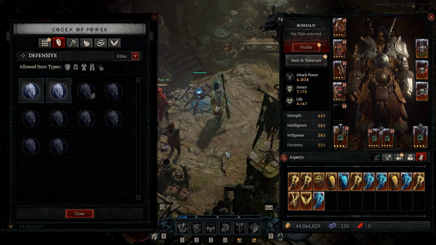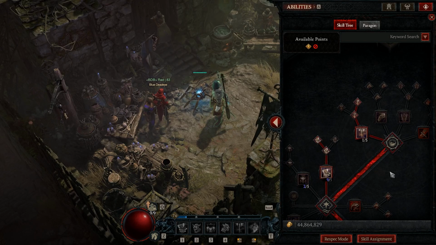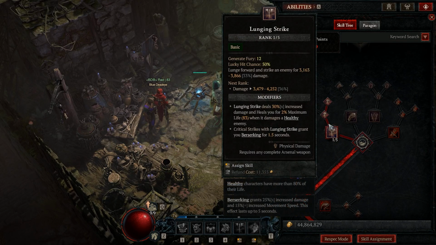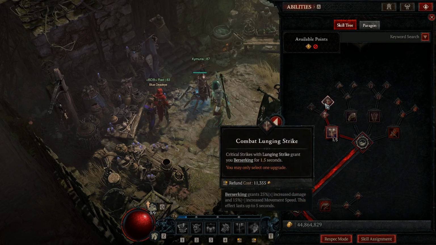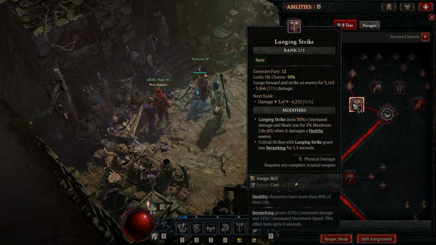Alright guys, that does it for the fundamental and the defensive aspects. Let's move on to the primary and secondary skills next. Alright guys, so I'm going to go through all the primary skills and then I'll go through the secondary skills. So first we're going to go Lunging Strike, into Enhanced Lunging Strike, into Combat Lunging Strike. This way if we're running low in life, we get some life back, and then we also have a way